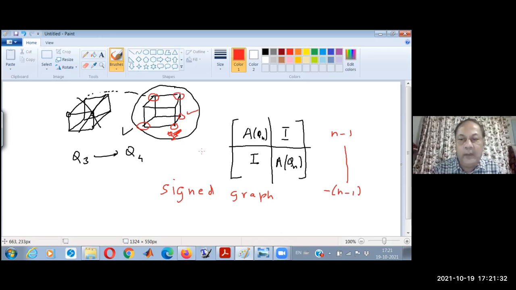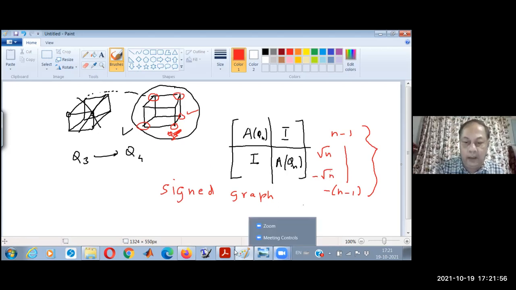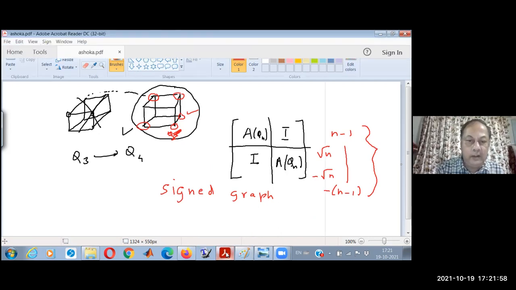Thank you. Perfect. Okay, so the idea of a signed graph is also a classical idea. A lot of work is there. And what Huang said was to put signs systematically on some of the edges so that the spectrum shrinks quite a bit. It shrinks to √n and -√n. And what is the way to do that signing? It's extremely simple and elegant. All you do is do it recursively.